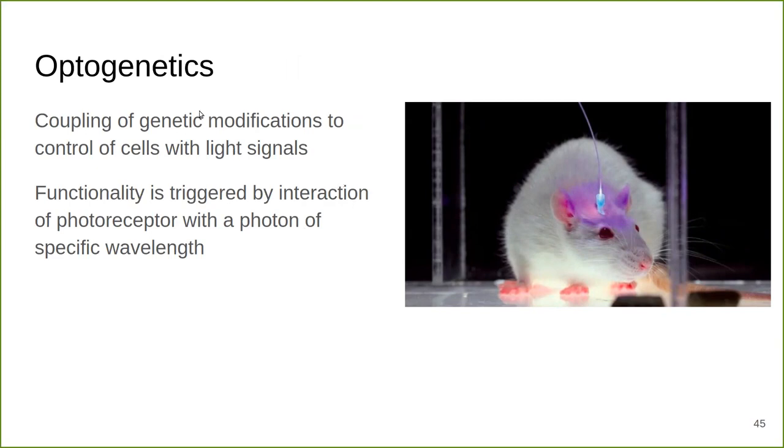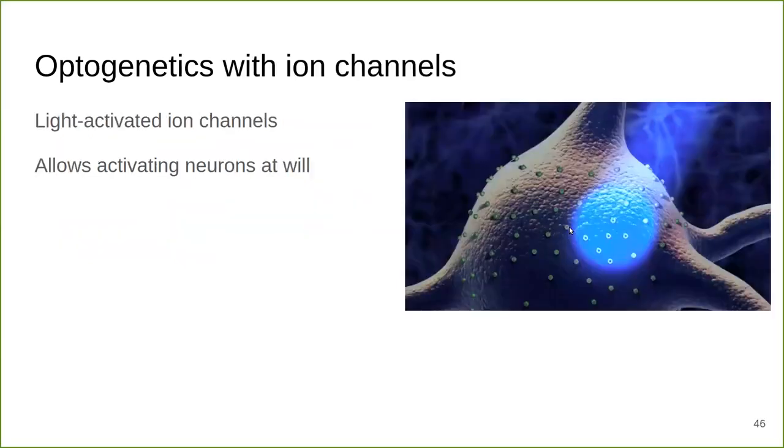genetic modification, and it couples them with the control of functioning of cells with light signals. And the functionality here is triggered by the fact that a photoreceptor interacts with a photon of a specific wavelength. So by doing this, by projecting light to the brain of the mouse, you can possibly control its behavior, if you understand what you're activating. And the way it works is that,